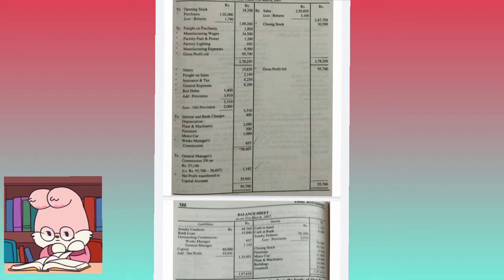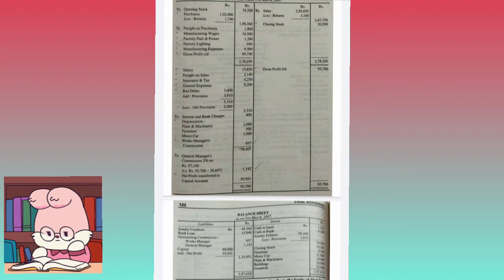This depreciation will be debited to the P&L account and the same will be deducted from the plant and machinery in the balance sheet. Manufacturing wages, take it on the debit side of the trading account, and salaries, take it on the debit side of the P&L. Furniture 10,000, take it to the balance sheet, and on furniture we have depreciation of 5%, that comes to 10,000 into 5%, 500. This depreciation will be taken to the P&L account and 500 will be deducted from the furniture balance in the balance sheet.